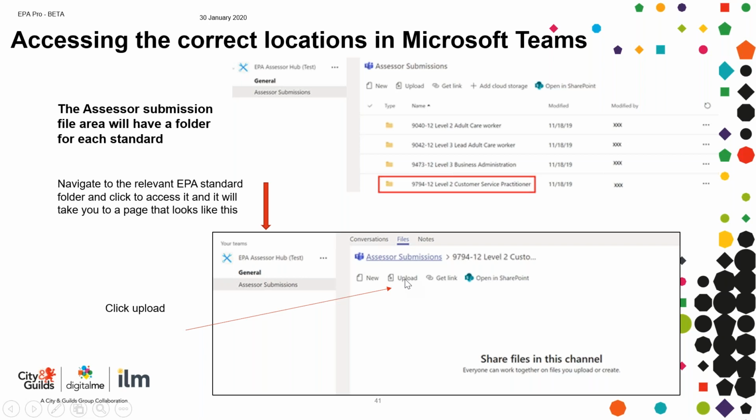Now that upload will take them to the folders on their local computer, and at that point they would select the files that they've already prepared on their own computer, and they will be uploaded into that area of SharePoint. And that's all the assessor needs to do. They need to set up everything, and then there are 2 steps for them to upload documents. They need to enter Teams, select the standard, and then upload the document. Any questions at this point?